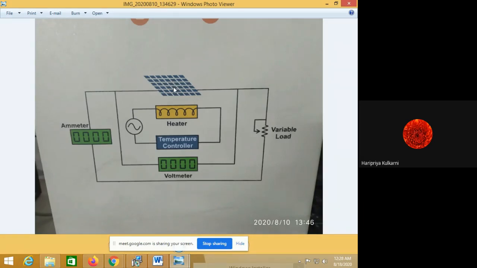Here we are going to use the artificial sun in the form of lamps. Sun rays will fall on it, and we are interested to measure the voltage developed across the panel with the help of a voltmeter. We are also interested to know the current flowing through it. We can vary the current with the help of a load, because we are connecting a load in series with the panel and an ammeter in the series path, so that we can measure the current. Once we know the current and voltage, we can find out the power extracted from the sun.